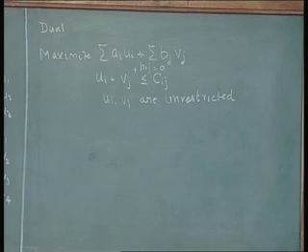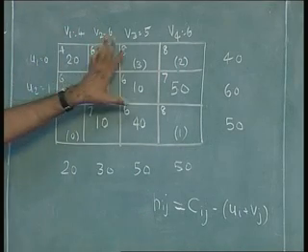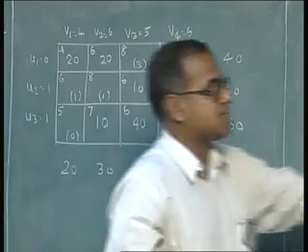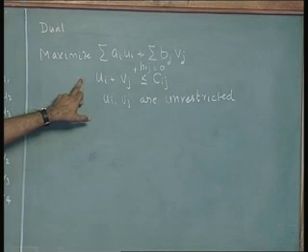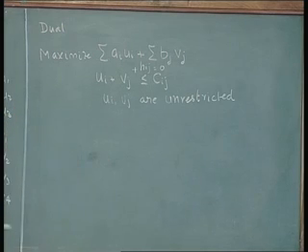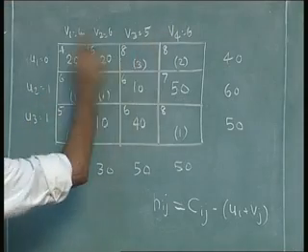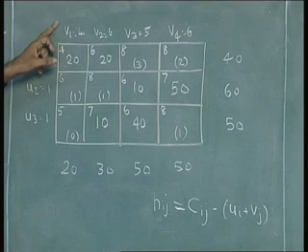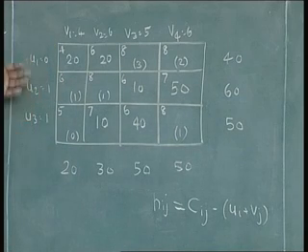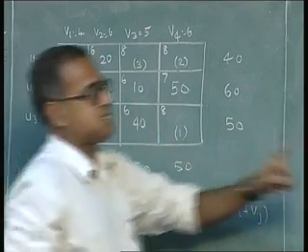Now, when all hij's are greater than or equal to 0, which is the optimum, it means all dual constraints are satisfied. So your ui's and vj's are such that all the dual constraints are satisfied. Now, ui's and vj's are unrestricted in sign, so we need not worry about some of these taking negative values. So far, we did not encounter a situation where a ui or a vj took a negative value, but you can have situations where these can take negative values, and that is acceptable because your ui's and vj's are